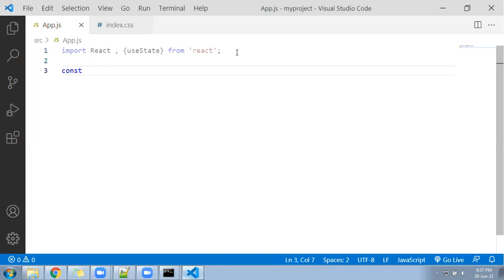I will follow the fat arrow function: const app equal to a fat arrow function, and at last I'll do export default app. This app is being called under index.js, and that is already working.